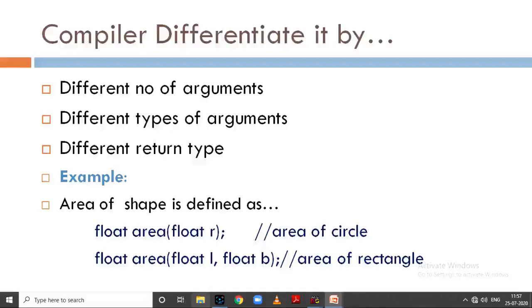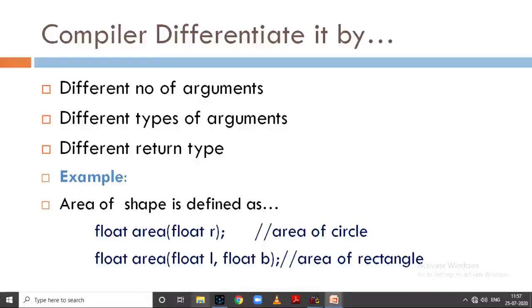So how will the compiler know which function to call at which time? Functions can be differentiated based on the number of arguments, the type of arguments, and the return type of these functions.